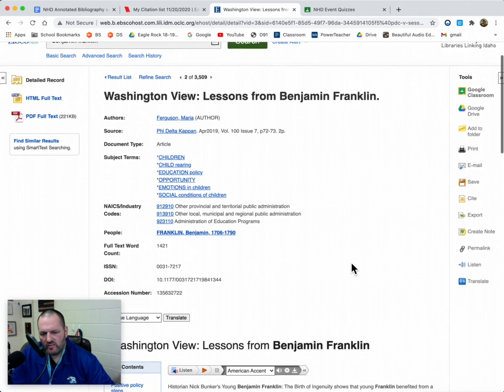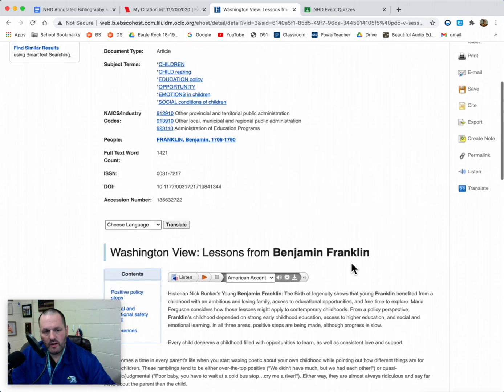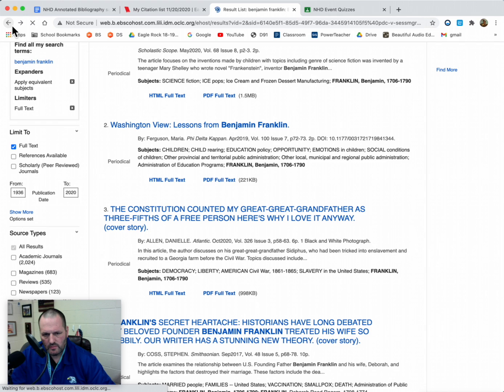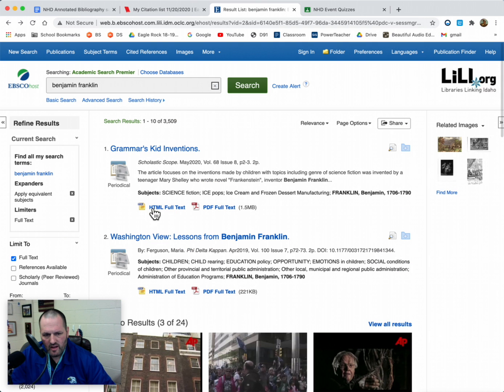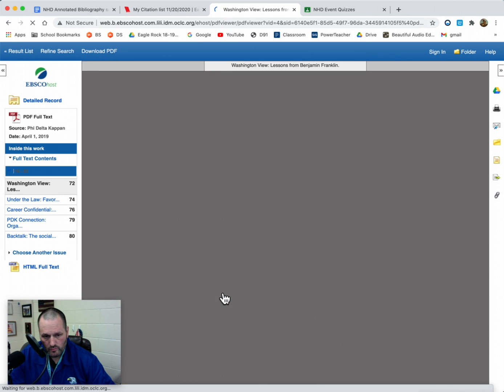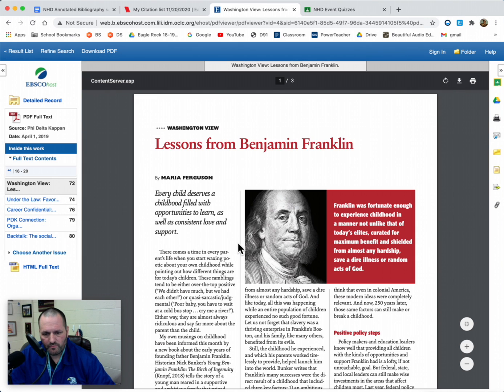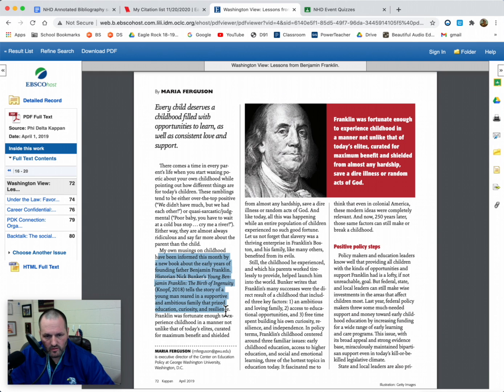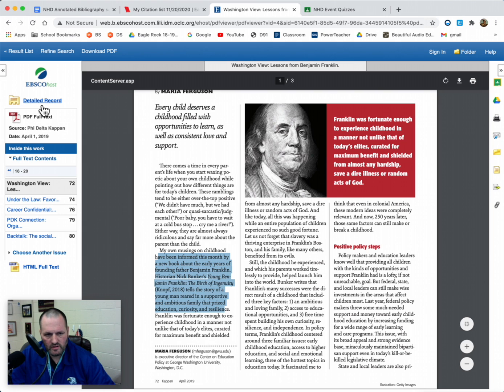Now, what is nice about these is some you're not going to have full access to, but a lot of them, and you're looking for that, do you have the PDF full text? And if I go back, I can show you where that is. If it says it has HTML full text or PDF full text, you get the entire article. That's what you want. So if I'm going to pop on this one, and let's say there's something there I want to use, okay, obviously I have the ability to come through and cut and paste a section I want, all right? But on top of that, I can come over here to the detailed record,